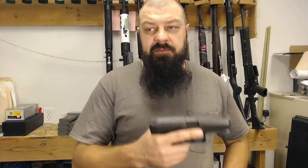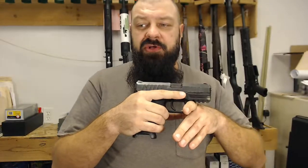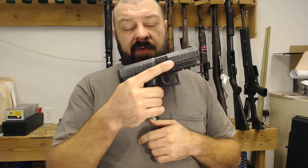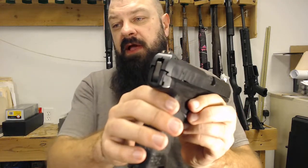This is another video for the Walther PPX pistol. It's going to cover the cycle of operation for when it fires. So this is a semi-automatic pistol. It fires one shot for every time that the trigger is pulled, and it is a light double action type